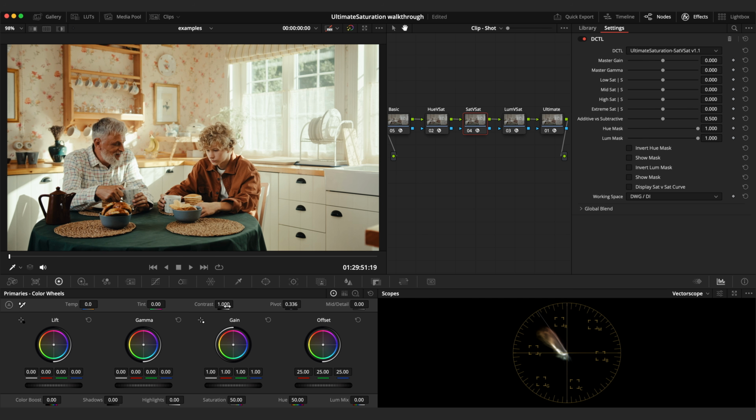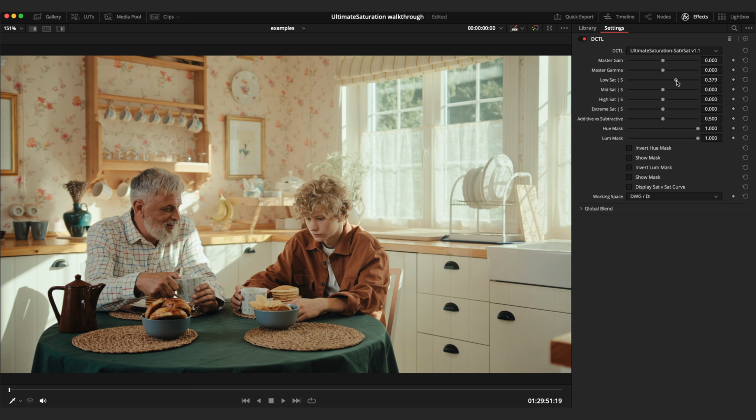perhaps reducing our contrast a bit, and then adding a healthy amount of saturation targeting mostly the low and mid sats. Maybe a touch of gain in there as well to bring it up overall. So here's our before and our after. And just for fun, we could also try sort of the opposite. So if we reduce our low and mid sats and increase our high sat a bunch, then we can get